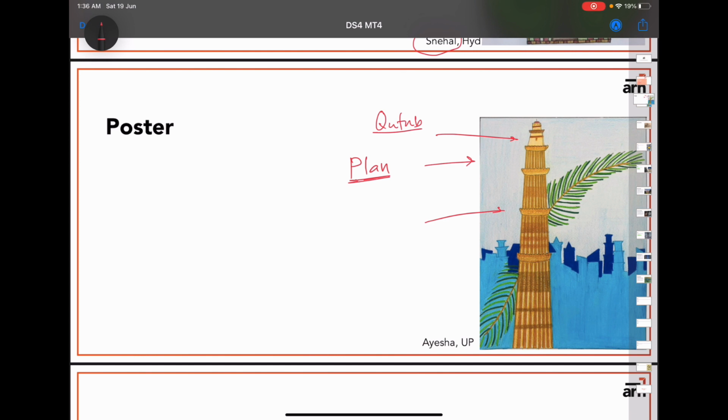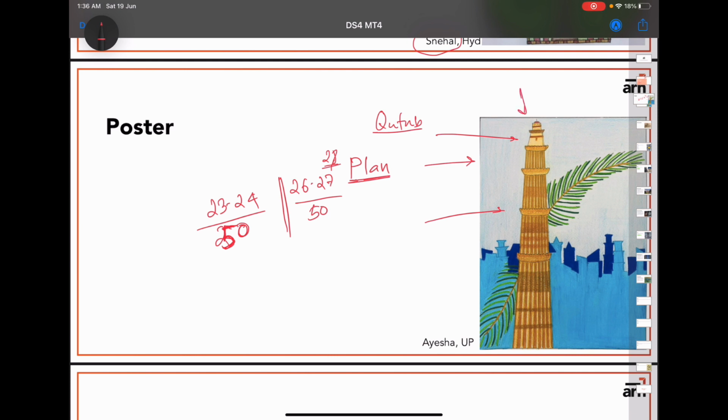But because the question is asking for something else and something else is delivered, a lot of marks will be reduced here. So if I have to give it marks out of 50, according to the question, she would get around 23, 24. But if I don't take the question into consideration, I think this would go around 26, 27, or even 28 as well, because this is a fairly beautiful composition.